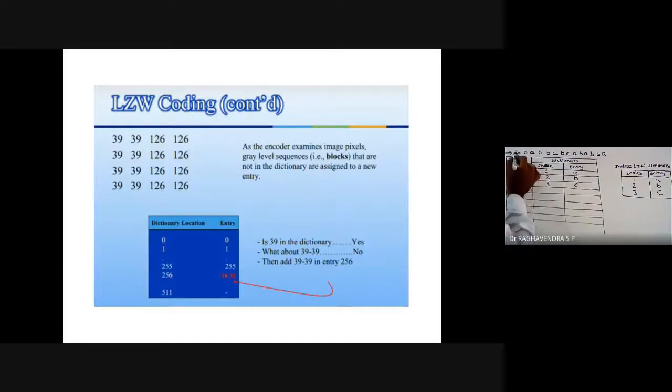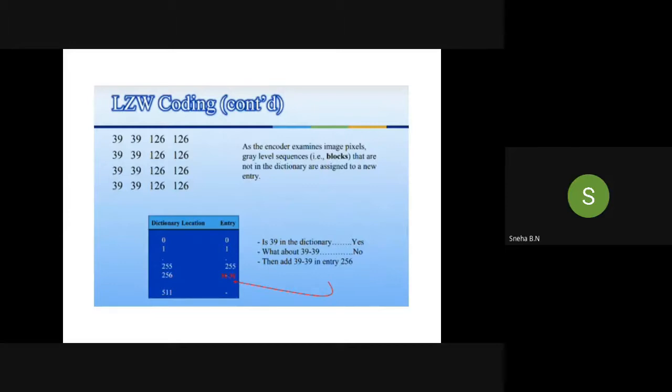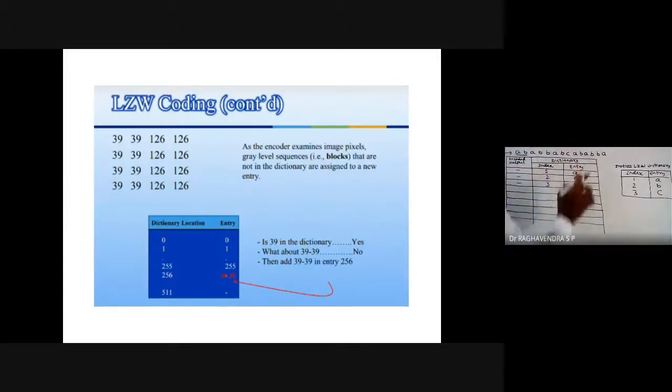So that is why we take the next combination, AB. Now you check whether AB exists in the table. No. It means I can insert AB here, and this is the fourth entry.